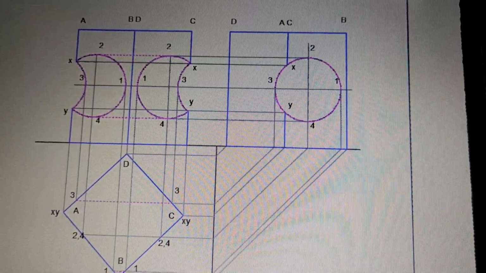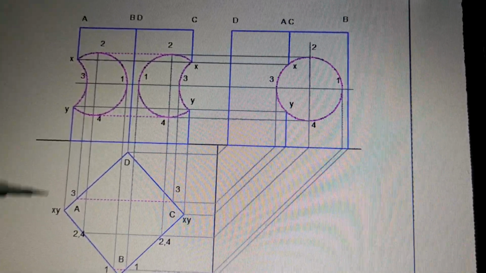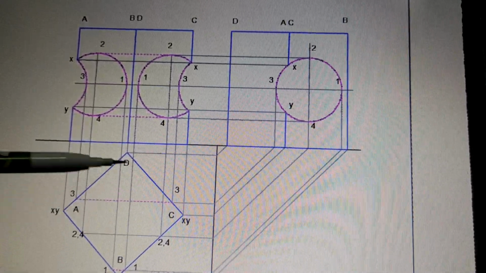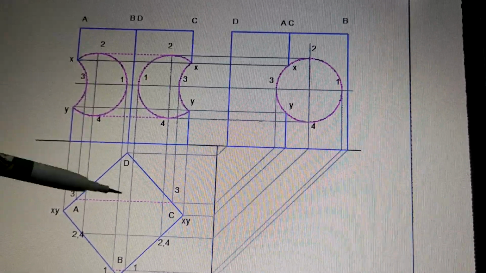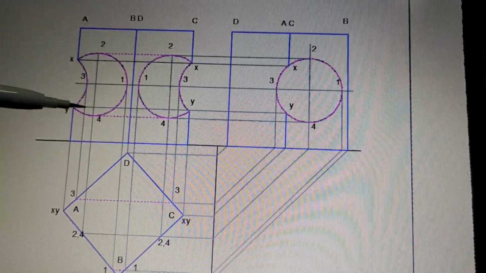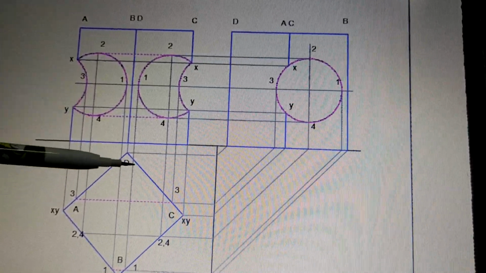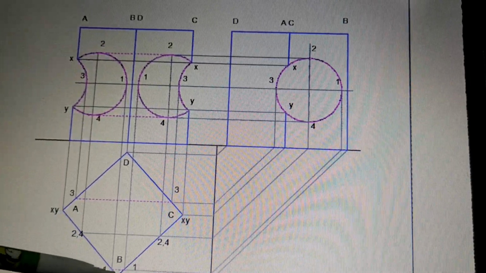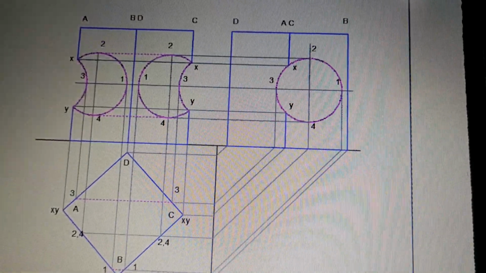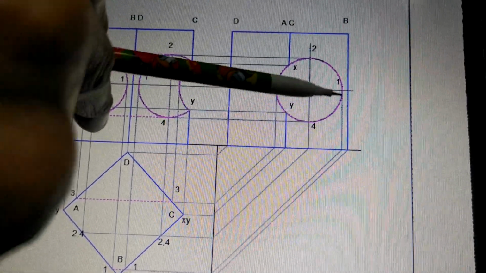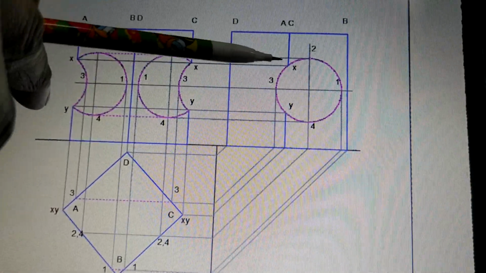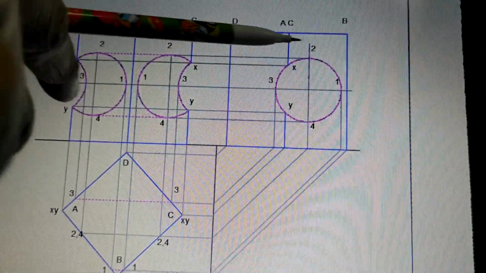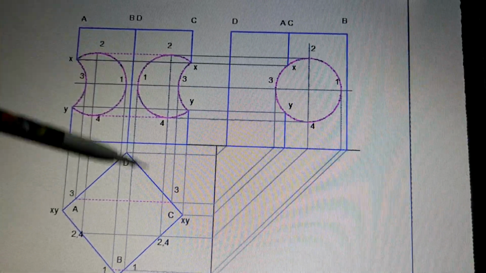Okay, so the point names are here now. This was a prism which had the edges A, B, C, D. So this is edge A, B, this is C and this is D. When you see the side view, the side edge is D, then A and C are at the middle, and on the right side there is edge B. So this was the prism, then this is a circle. We have marked the axis points on the circle and the points X and Y. Now let us try to mark all these 4 plus 2, 6 points in the other two views.